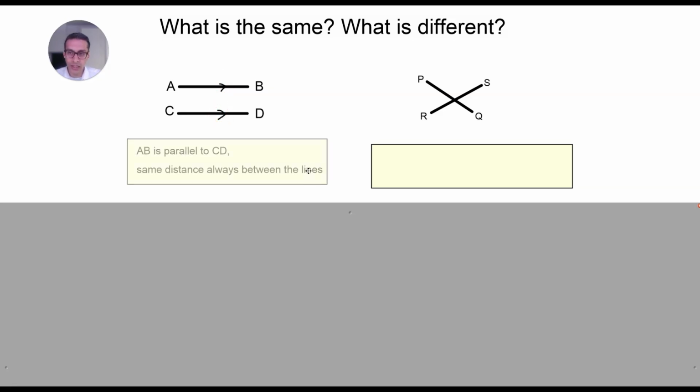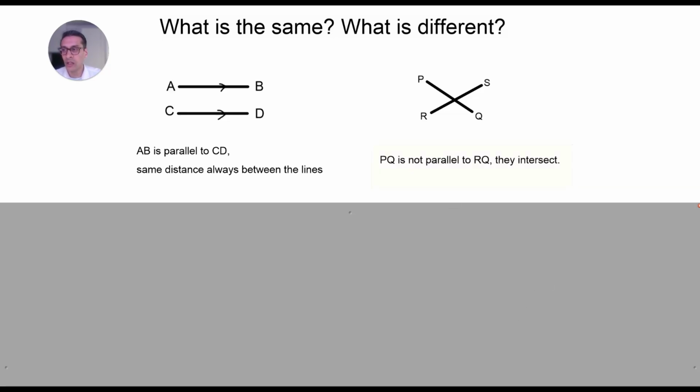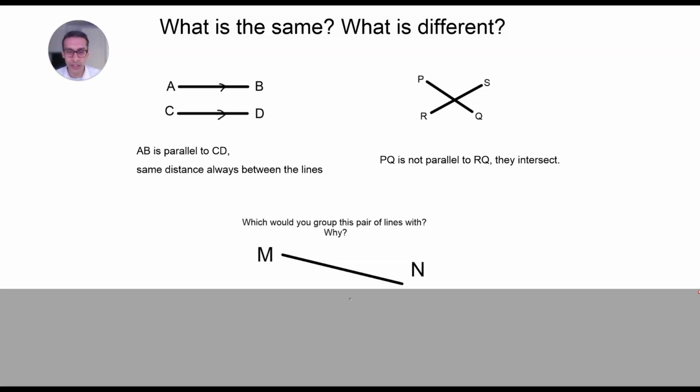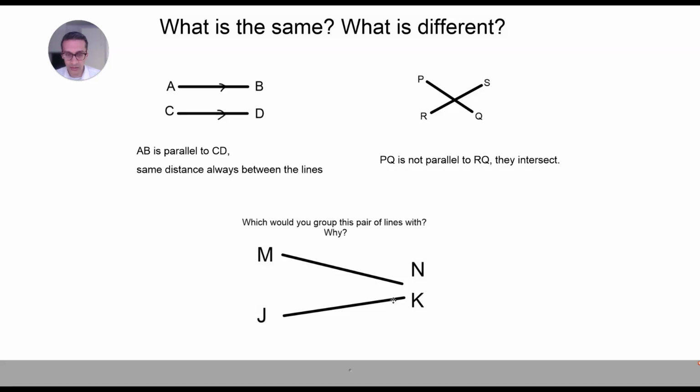And we can say A, B, and C, D are parallel, and they're always the same distance between each line, and that's one of the definitions of parallel lines. And you can obviously see P, Q, and R, S are not parallel because they cross over each other and they have an intersection. So you may also get something in between where they're not parallel, but they also do not